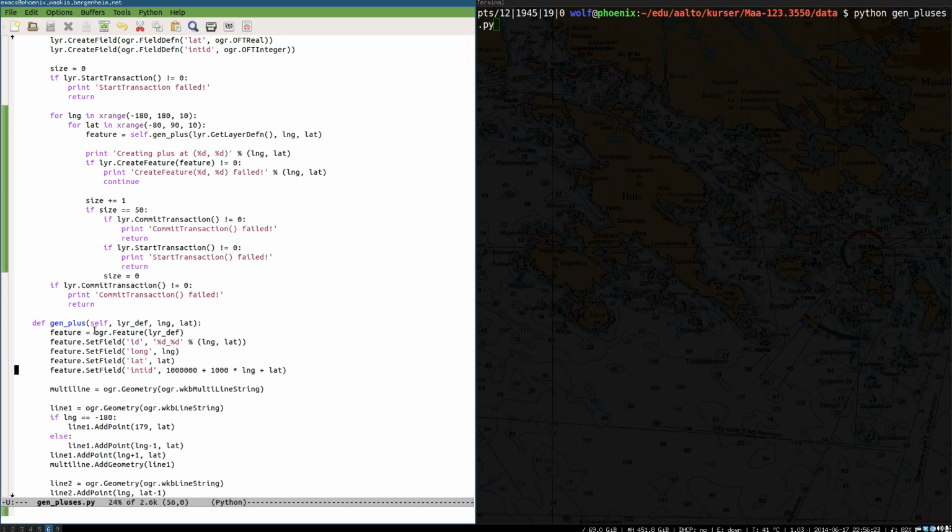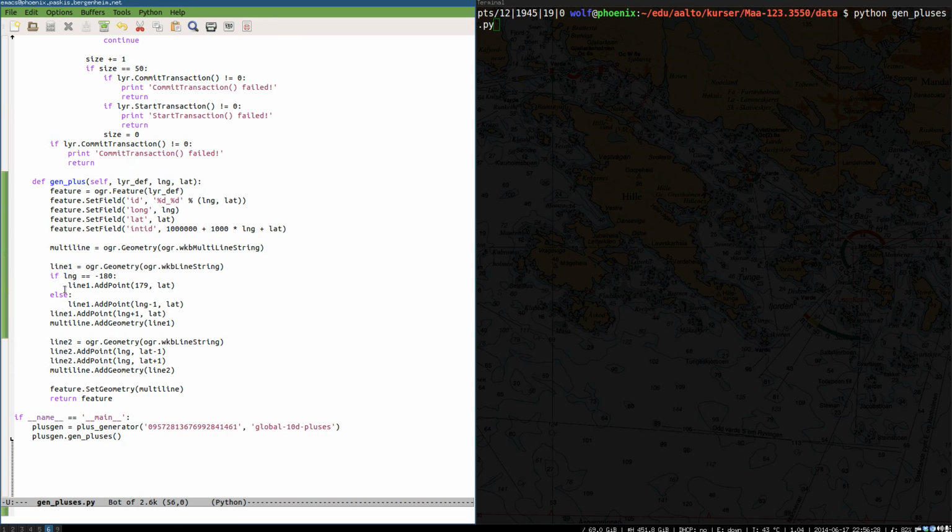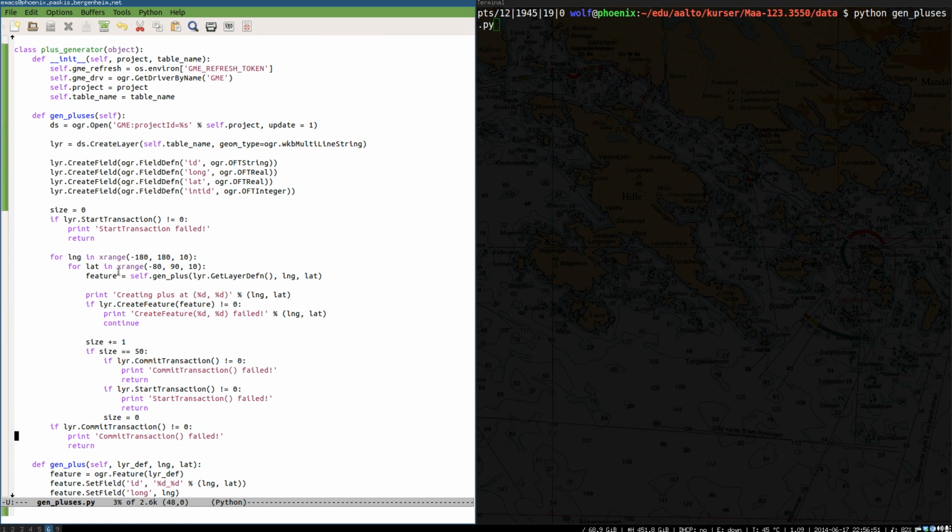So this is an easy way to create the feature, and then I just set the fields to specific values and create this multi-line geometry with the plus, so a horizontal line and then a vertical line, and then add the geometry here, and then I ask the layer to create the feature I have specified in this function,